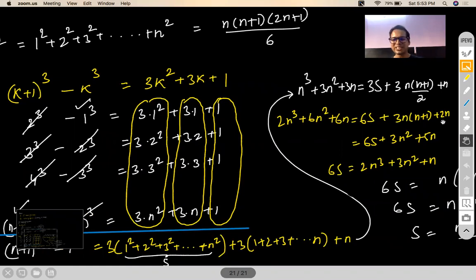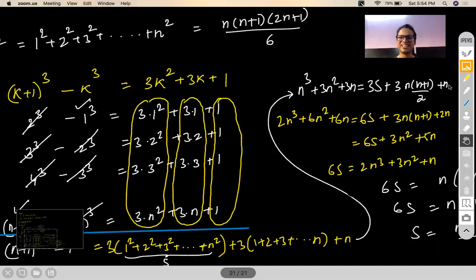See, by the use of mathematical induction, Gayatri, you verify, you prove something. You cannot derive it. That's the difference between induction and deriving. Induction is there to prove something. You already know the result. You want to just verify whether that result is correct. Then induction works. But induction cannot be used to derive something. So here I'm proving it, or I'm trying to derive the result.